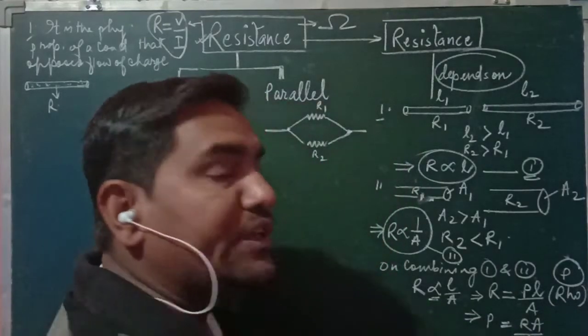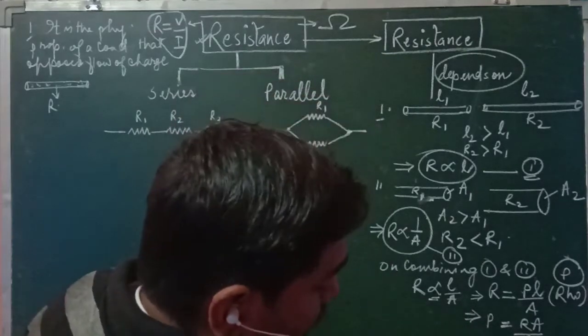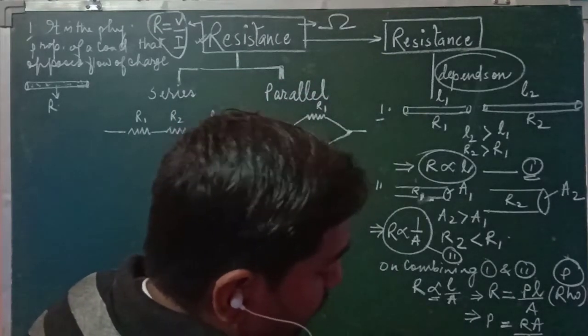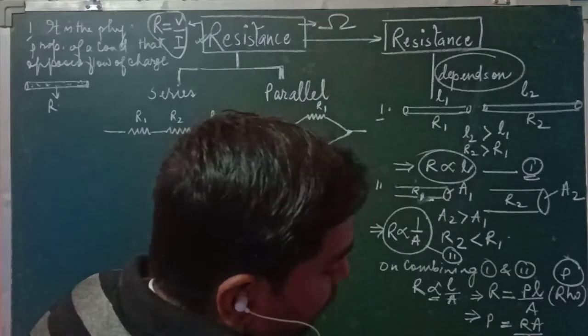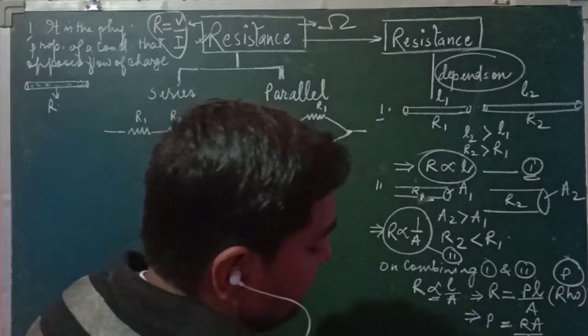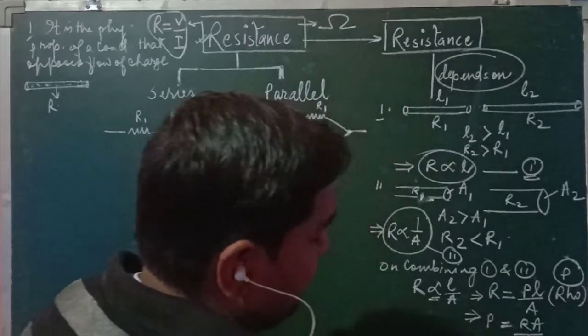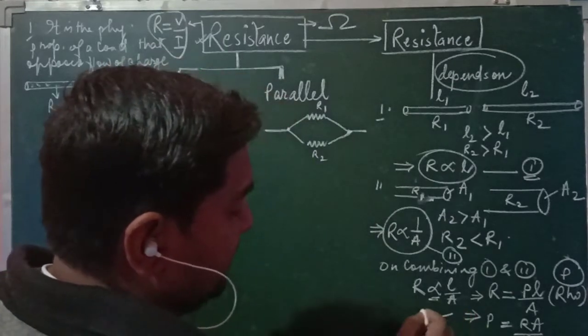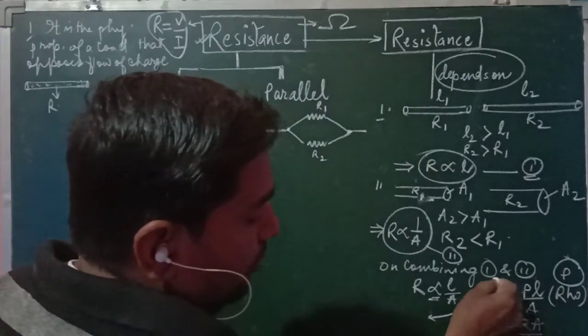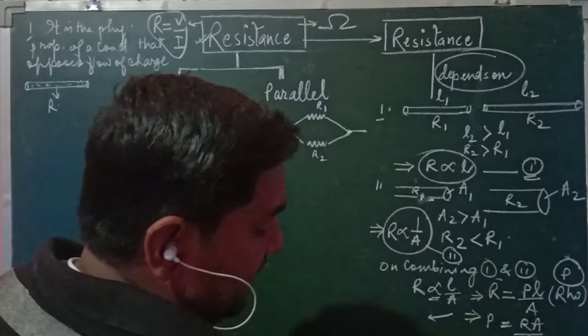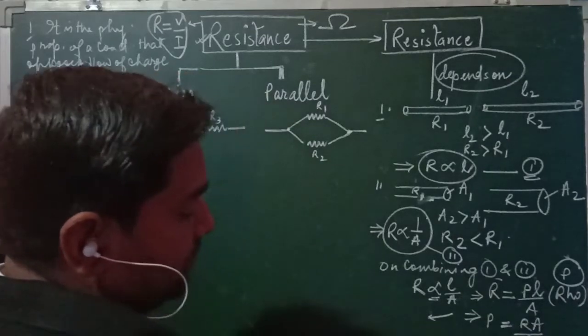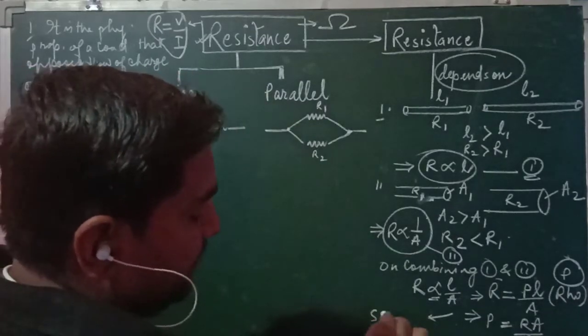So meter to meter will be cancelled. So 1 rho will be 1 ohm meter. This is the SI unit of resistivity. So this formula that we have got, R equal rho L by A, and here we have got the rho. So this will be known as the specific